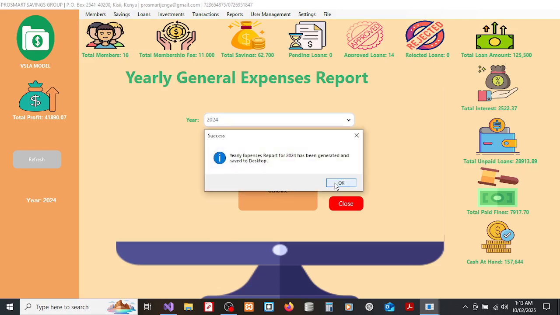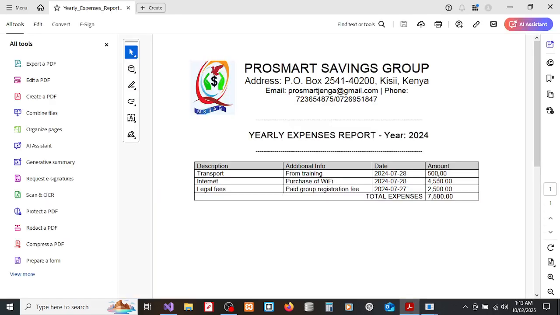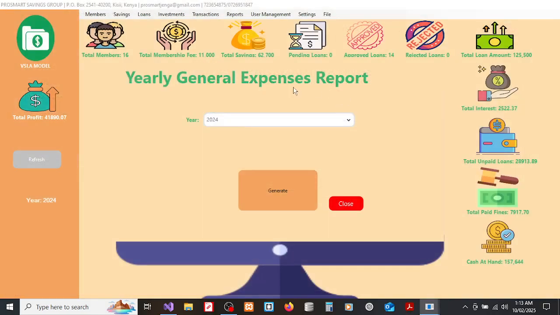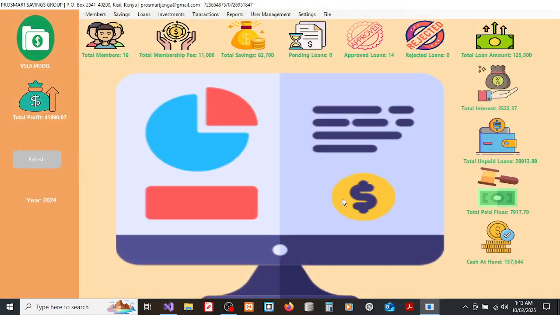Then you can also generate the expense report to see how you are doing in terms of expenses. So let us look at the expenses we are having. You can see these are the expenses we are having, and this is the total expense. Very nice. Then apart from the expense report, you can also have a look at